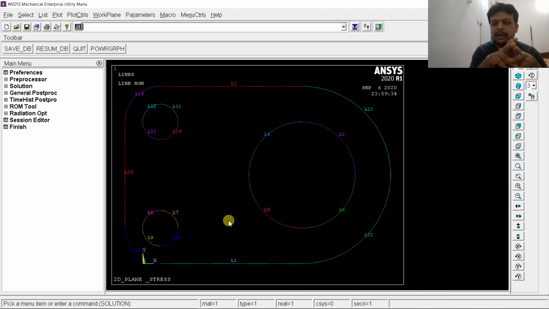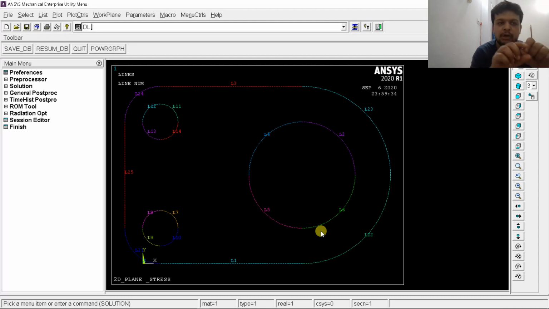D is a command which will apply degree of freedom at some node or position or line or some area. Okay, here I will choose line, DL, comma, on which line I want to apply. I will see here line number 9. This is line number 9, line number 10, line number 7, 8, meaning 7, 8, 9, 10. Four lines are here, and here line number 11, 12, 13, 14. On these four lines, I have to apply 0 degree of freedom to all of the lines.